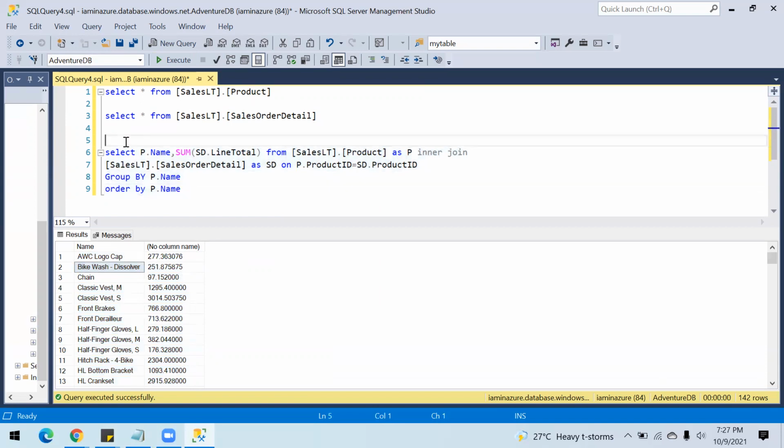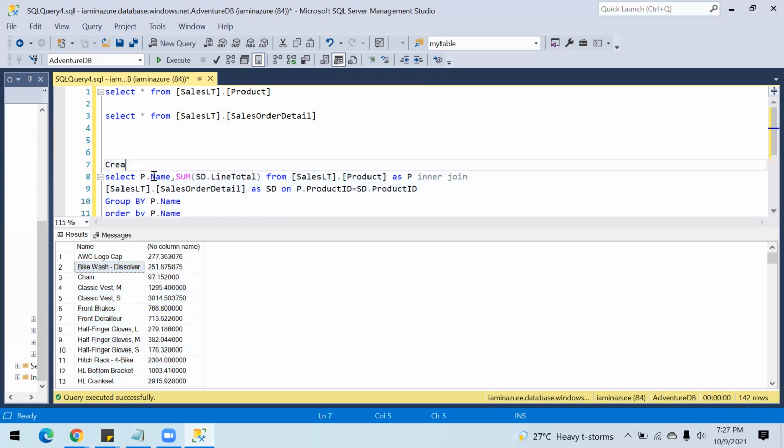So let's create a view for this so that I will be able to use this in Power BI. So create view VW underscore total cost by product.